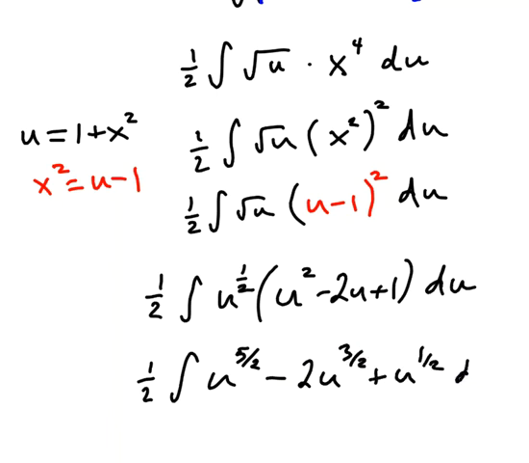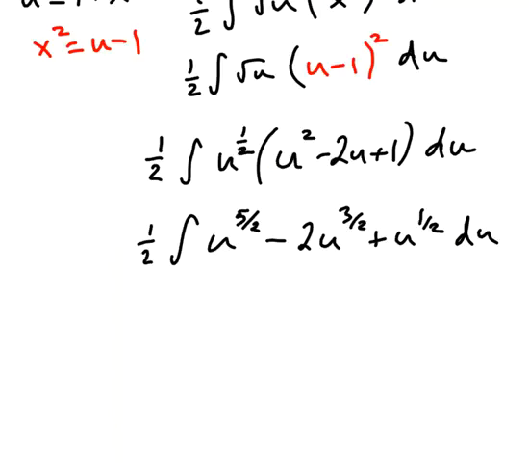And now I can do the antiderivative. So 1/2 times 2/7 u to the 7/2 minus 4/5 u to the 5/2,